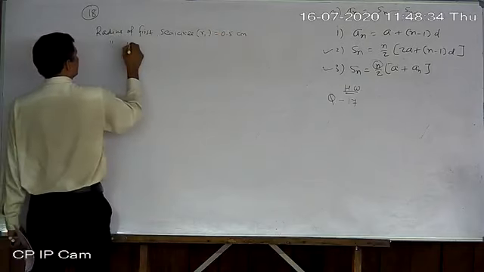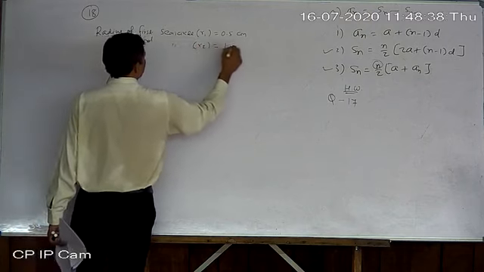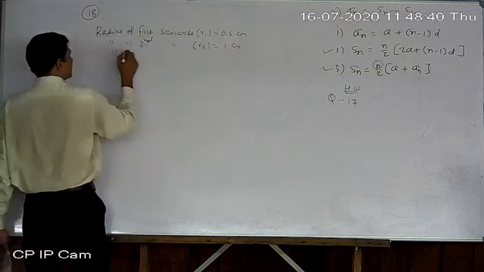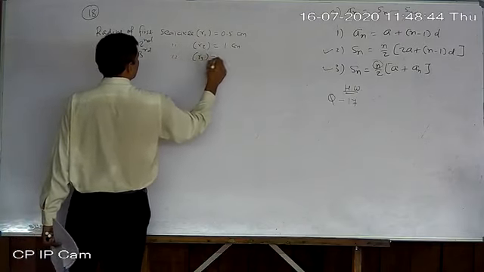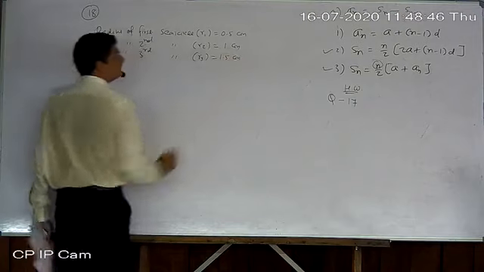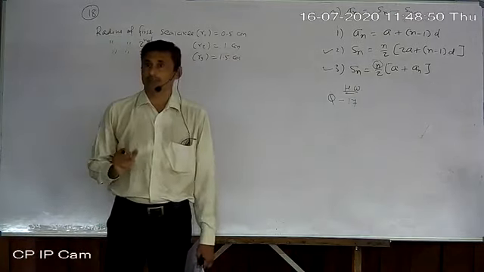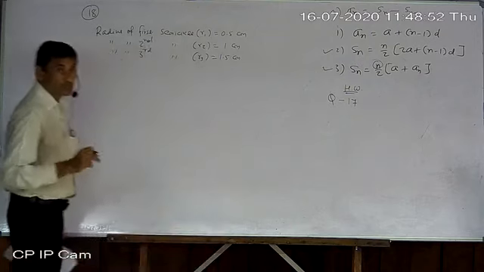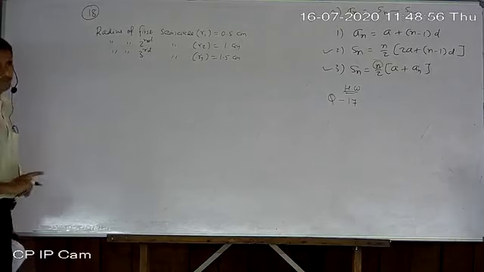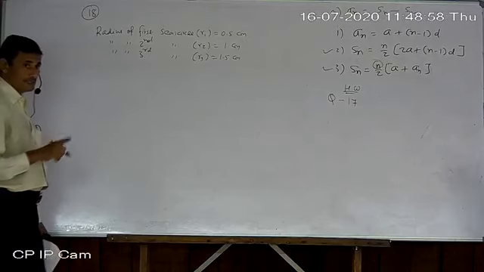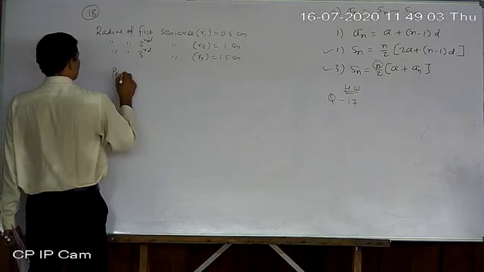In the same way, the radius of the second semicircle, R2, will be 1 centimeter. The radius of the third semicircle, R3, will be 1.5 centimeters. But we don't want the total of the radii. We want the total of the perimeters of all the semicircles. Now you know the perimeter of a semicircle, so write it down.